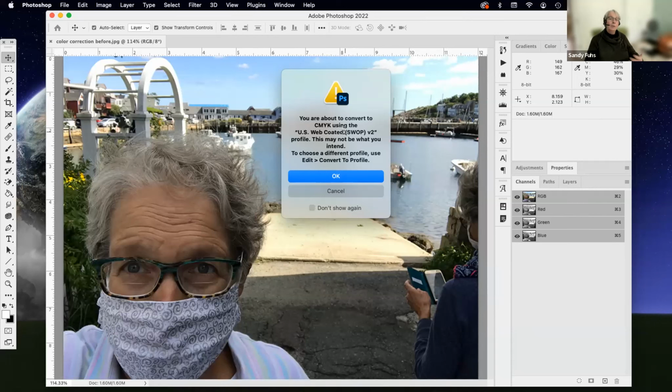So I just have to be in touch with whoever's going to be printing the document. They give me a specification sheet, just like that North Shore Magazine media kit we looked at, that's where it says use the coded SWOP. So when I do this,